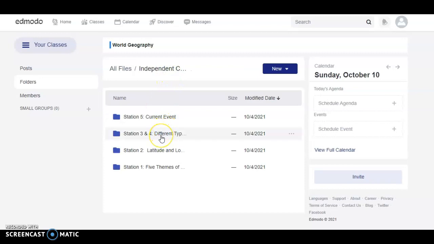The third and fourth station for the independent Chromebook station would be about different types of maps. It's super important for my students to know the differences between maps and know the importance of each